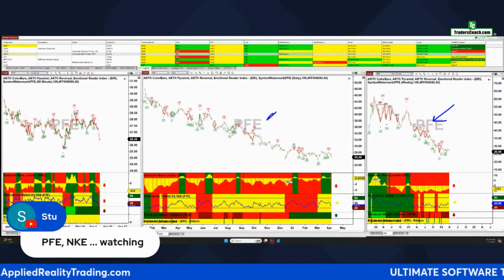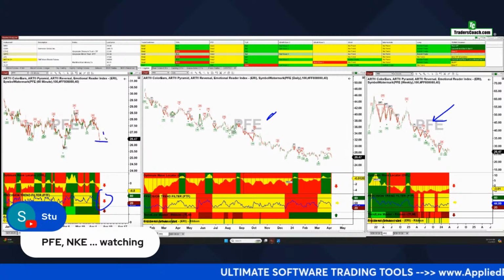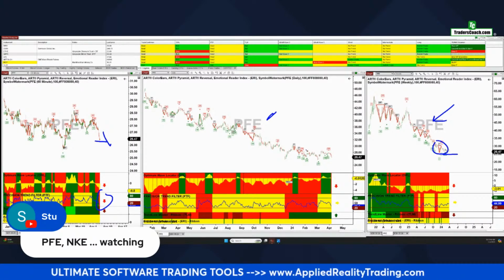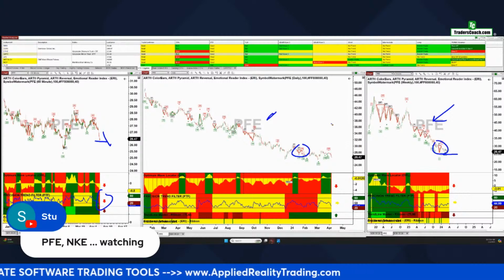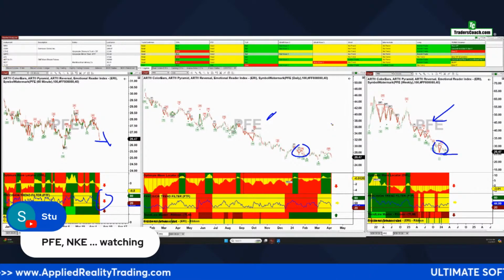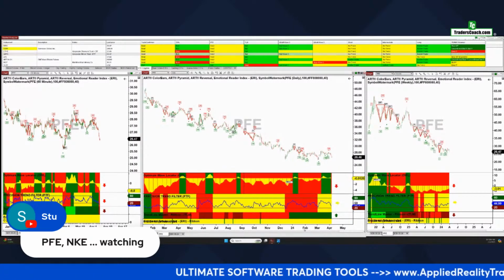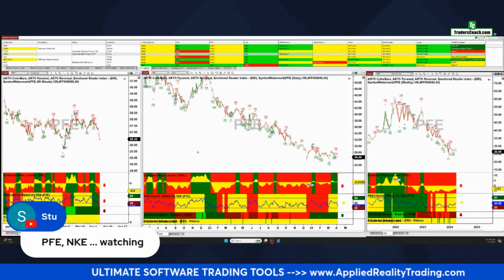The bottom may not be in. We have a red PTF here, so we're still testing the bottom. So again, you have an active pyramid here, and you technically have an active one here. So keep watching it. I think it's a good one to keep on a watch list, but it is not ready for a long trade yet. Okay, still coming down. It's too late to short, not ready for a long.